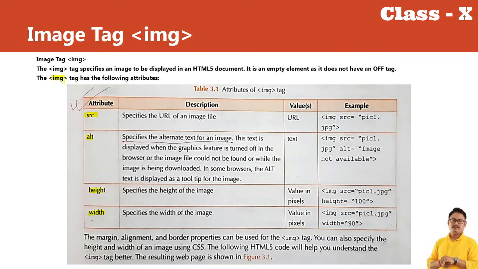It means we will start with IMG, then give a space, then you will type SRC. SRC will help you to pick the location of your JPG format picture. And instead of that, if you have to give an alternate, then you can give text. For that you will type alt. Alright, and height and width you can